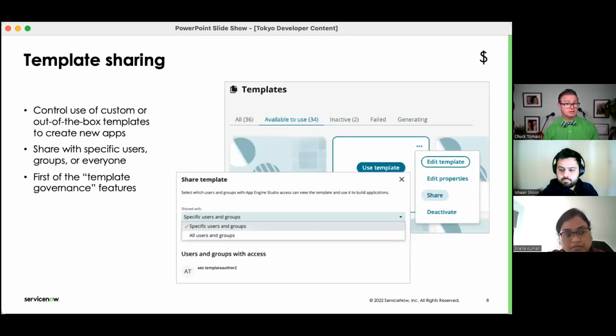Template sharing, we came out with the ability for, templates have always been part of App Engine Studio since it came out in Quebec. And then we added authoring in San Diego so people could build their own templates. And now we've just put a kind of permissions around there. Very much like you can share a homepage or a report. Do you want to share it with this group? Do you want to share it with this person? Do you want to share it with everybody? Very simple stuff. So any template can be shared with the